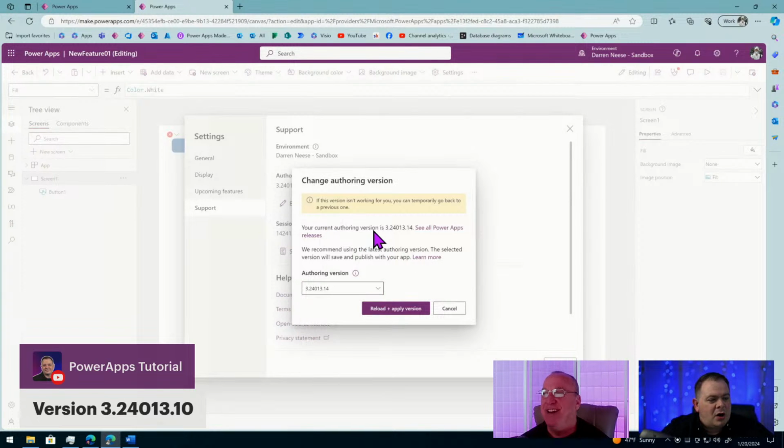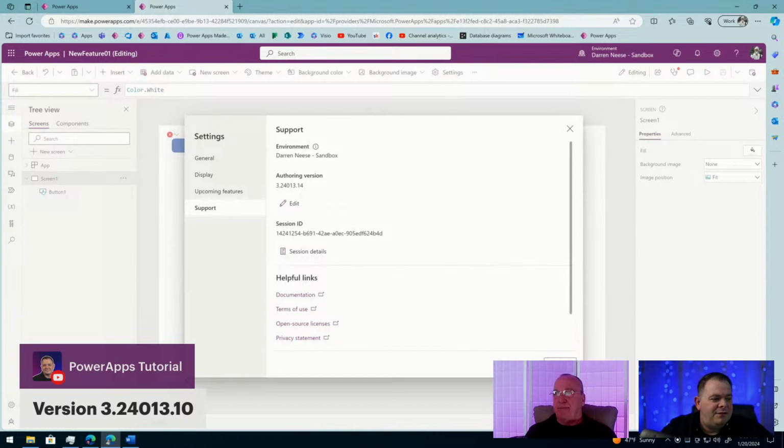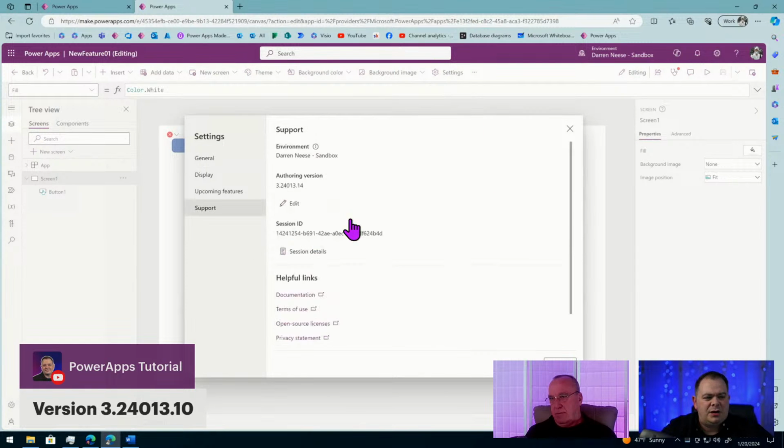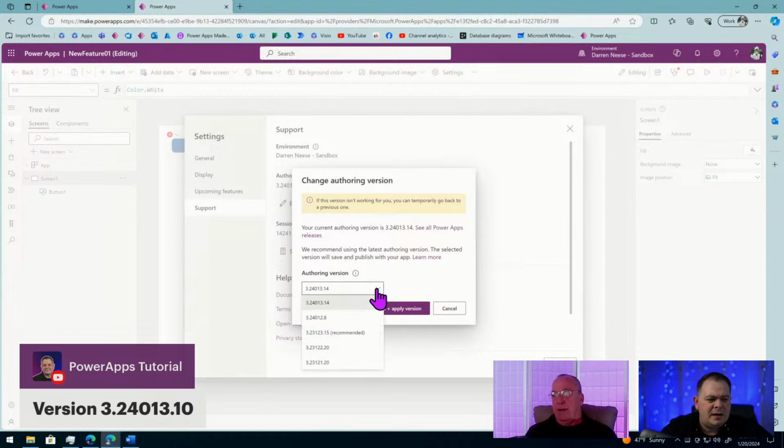Okay. So my current authoring version is that latest version. I'm going to hit cancel. What I'm finding is as I'm working with this, it will revert to the stable recommended version. And it's very frustrating. Have you noticed that at all yet? Yeah, it took me a couple of times to go through to make it stick.